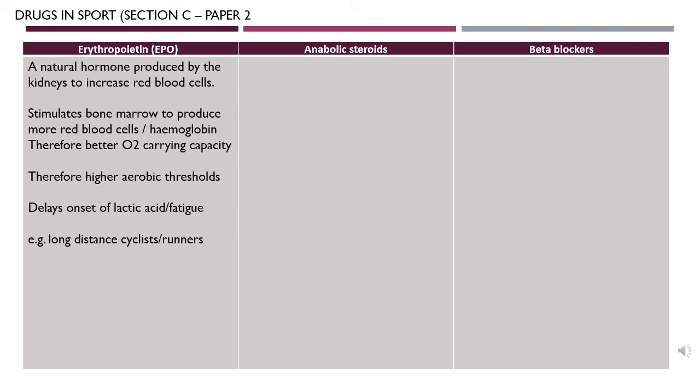On the slide, you can see a section from drugs in sport. It defines EPO and the type of athletes that may use it to their advantage. Are you able to define the other 2 types of drugs and which type of athletes would use them? The answers